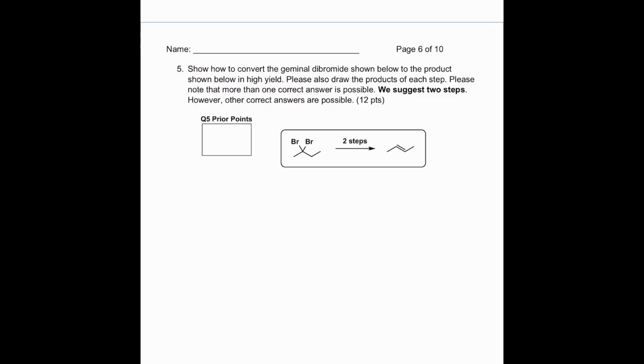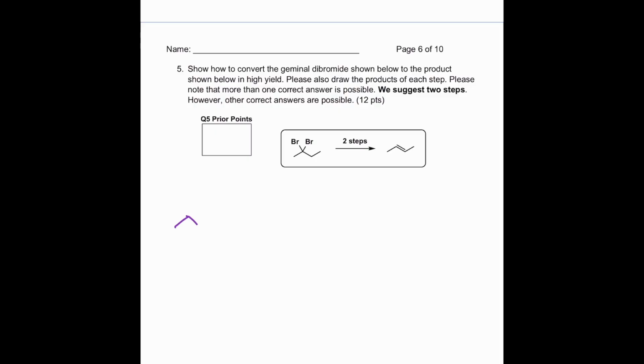Okay, so since we're going to go with the 2-step method, usually it's best when it comes to these exams just to stick with the 2-step method, because the more you put down, the more likely you are to make mistakes, and you don't necessarily want that. So if you at least try with the 2 steps, let's just jump into it. You'll see what I mean. So let's start with